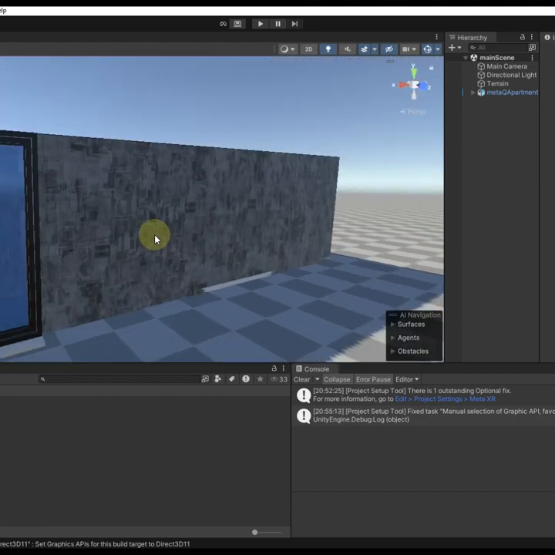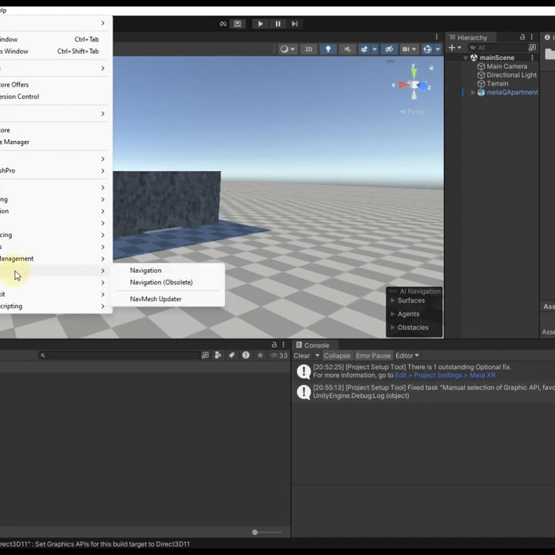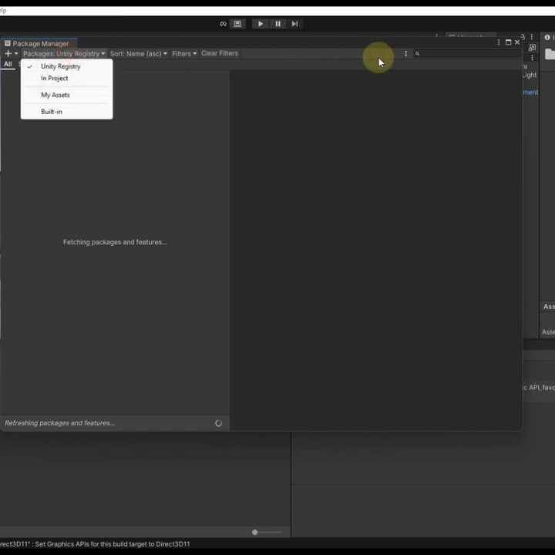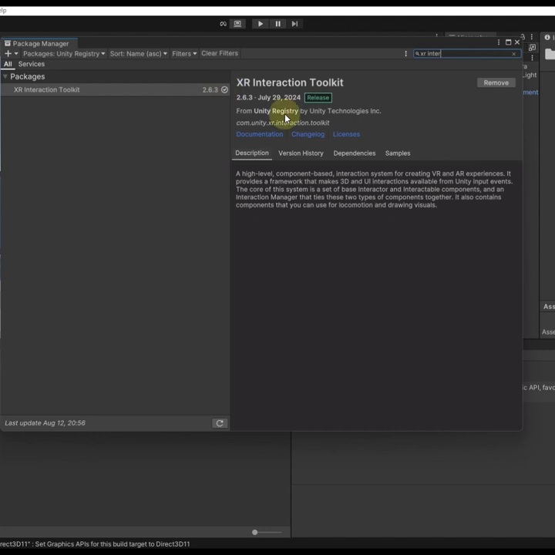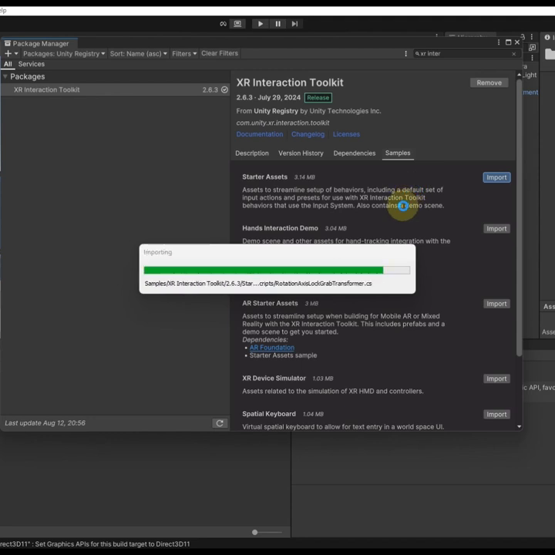Now, under the scene, now that you have the XR Interaction Toolkit installed, go under XR, go under settings. And one thing I missed out is that while installing the XR Interaction Toolkit, I forgot to add in the samples. So I'm going to go back to Package Manager, go on the Unity Registry, go on the XR Interaction Toolkit. Under that you see samples, import starter assets. You can click on import starter assets,